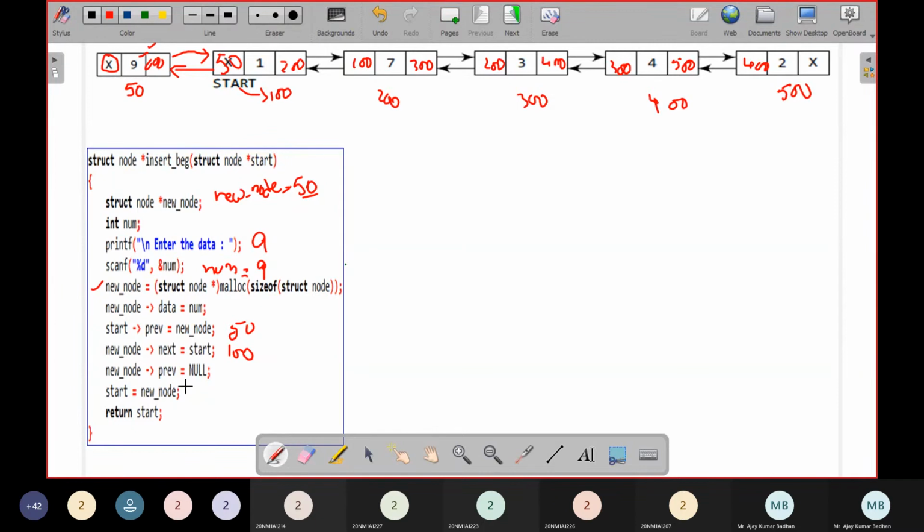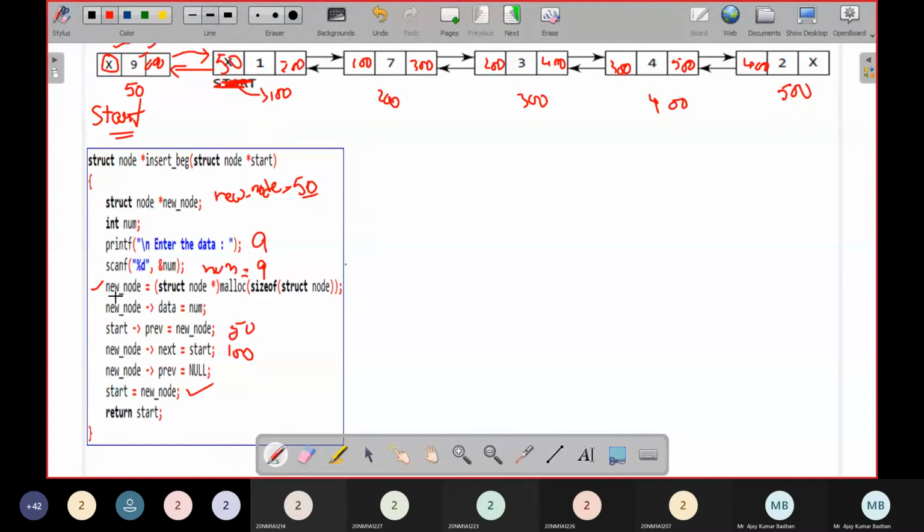So you can see my X is there. Now this start should be pointing to the first node. Now this time this is the first node, not this one. So this start should come here at this particular location. So how can it come? Start equal to the address. What is the address? 50. Present in which variable? New node. So start equal to new node. So simply start will now jump from this and come to this particular location. So you people have successfully inserted a new node in the beginning. This is the way how you are going to create it.